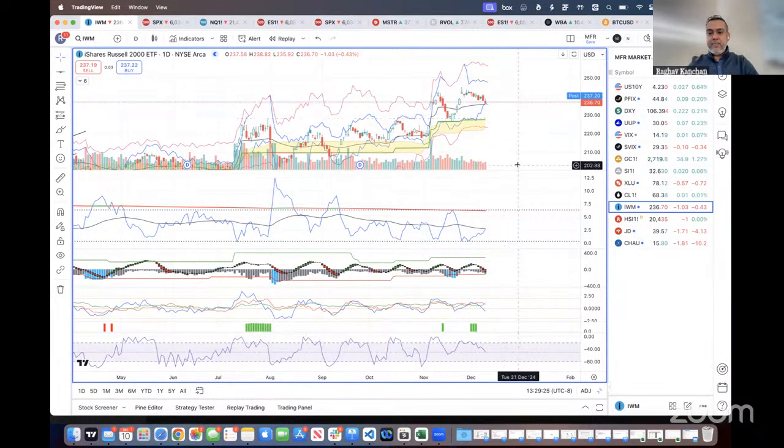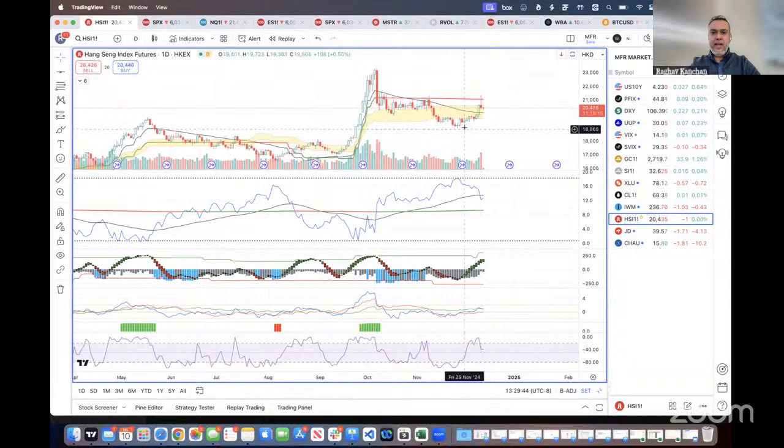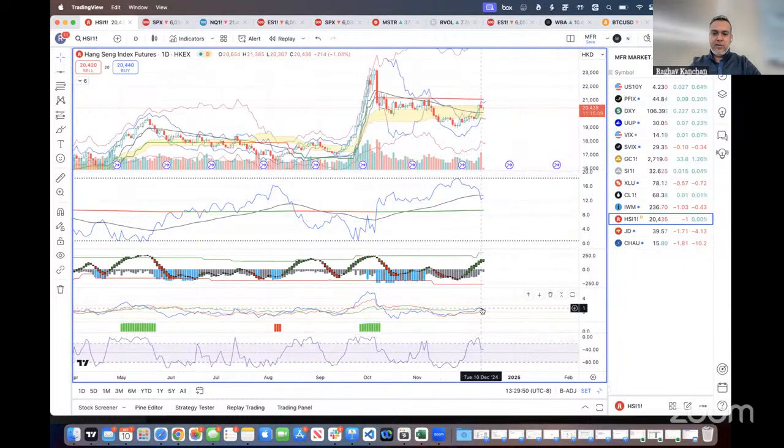Other than that, I'm seeing some very interesting things on the China side as well. This is the Hang Seng Index. As you saw, the Hang Seng Index had a huge move earlier in September, and it has done an ABC kind of correction and a pullback, and now it's trying to become bullish again. The momentum is on its side. There is more opportunity for the 30-day and 90-day to catch up as well.